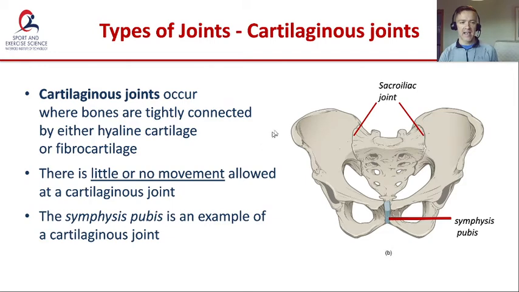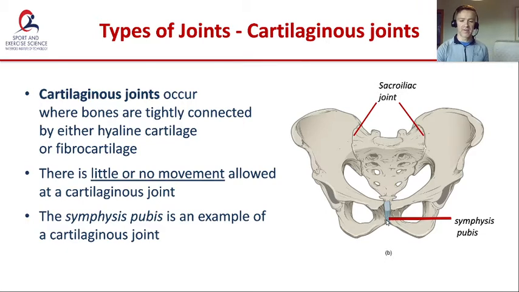During pregnancy, these cartilaginous joints can be affected. There are certain hormones that are released during pregnancy that can affect how mobile joints are, and those hormones are released in order to allow space for the developing fetus to grow. So one result is that the symphysis pubis can relax a little bit to allow the pelvic bones to move slightly apart to accommodate the growing baby, but that can lead to problems sometimes, because if there's too much movement,